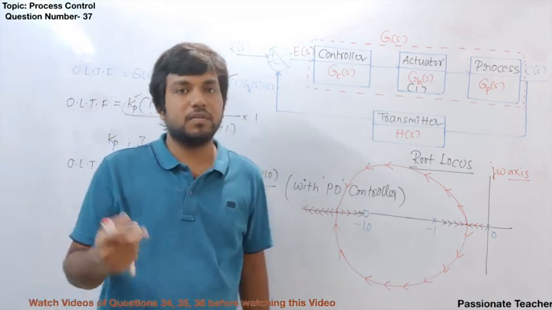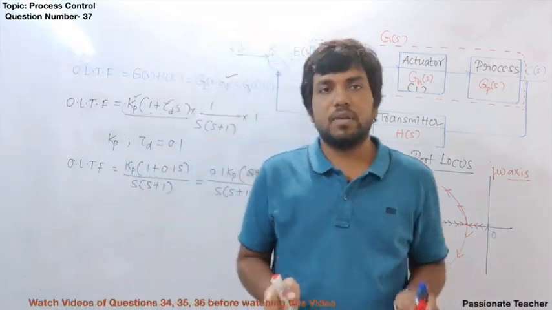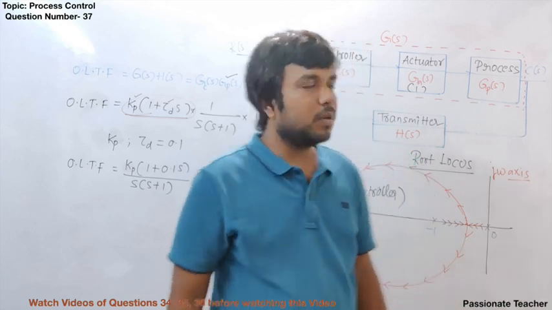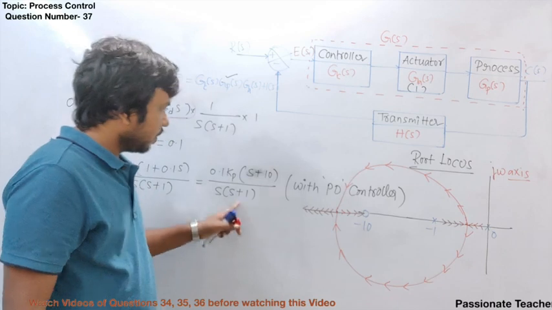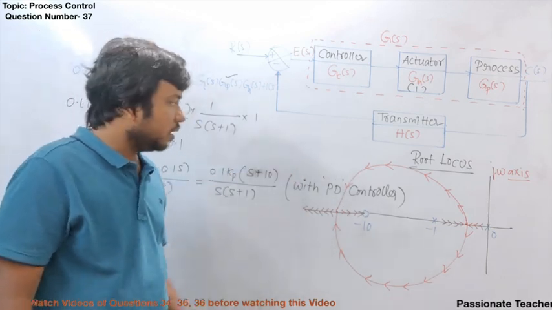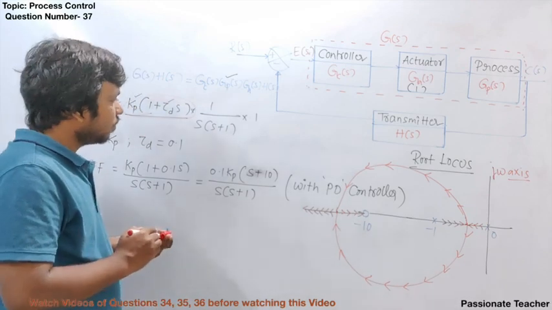But in the case of a first order system, we understood that there is some concern with the steady state error. But when we use it for the second order system, we will be able to get a beautiful response like this, and the closed loop system will be stable. Now we will see, suppose you don't use the PD controller, what will happen?